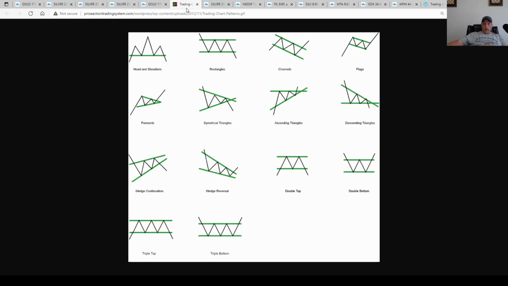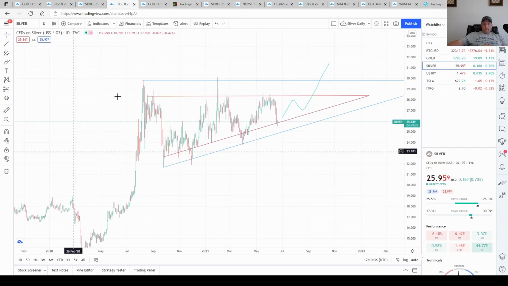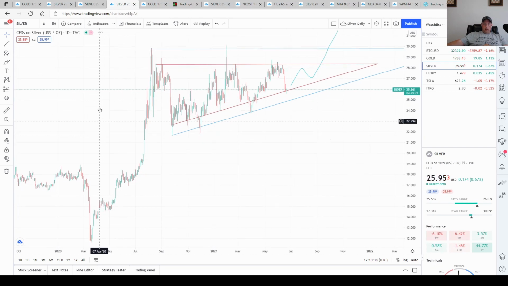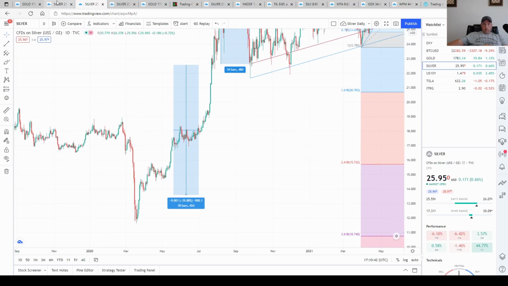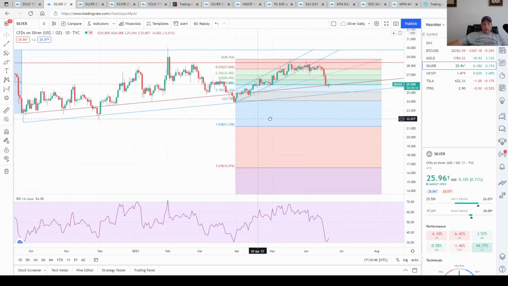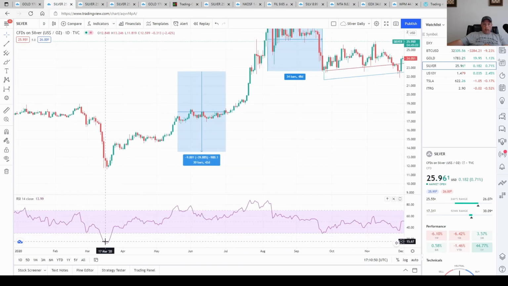So that was the channel pattern that we had seen. Now that had broken out, it came back to retest, but then it broke through that. So where is it going to stop? I had made a bet on the 0.618 with that low RSI. Like you saw with silver, it could continue down further, like we saw last year. Like we saw last year, that RSI could go completely down into the gutter, but look at